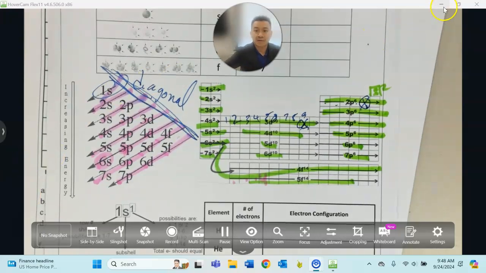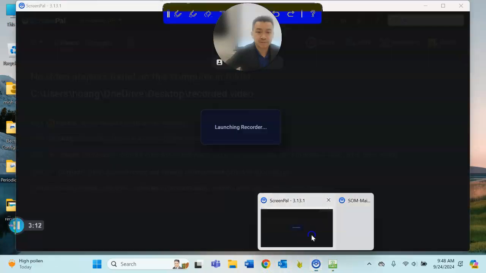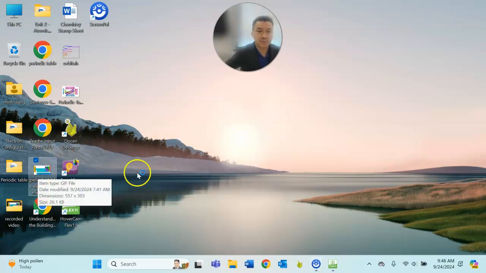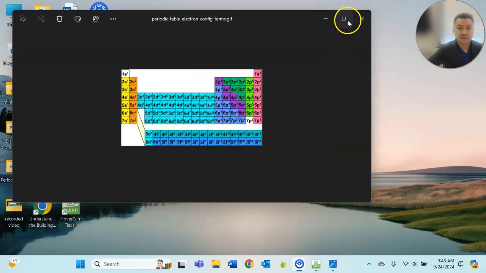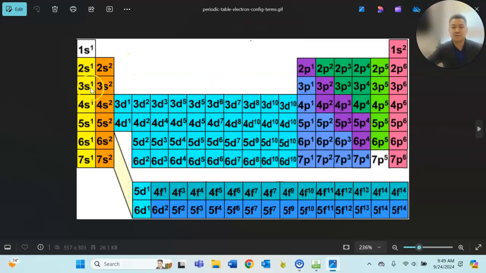Okay, and I'll show you a better picture here. Let me make sure that it is currently recording. Yes, it is. Let me show you a bigger picture here on the screen. All right, so you'll find this table on the internet. As far as it goes, that's where it should end. You should keep going, follow the diagonal rule until you reach that point. Okay, and with practice you understand it a little better. And as we continue here,